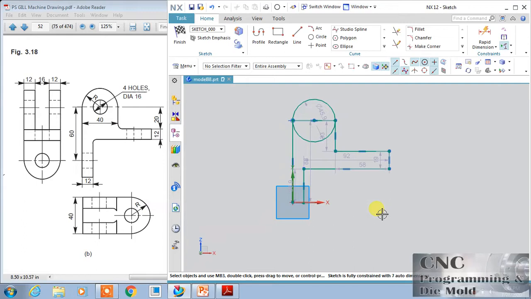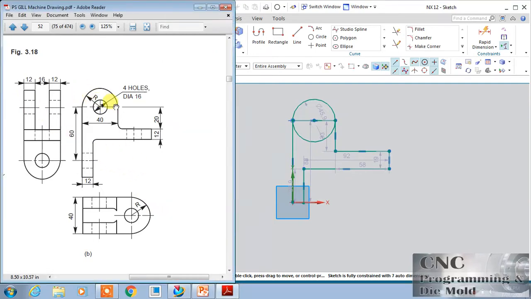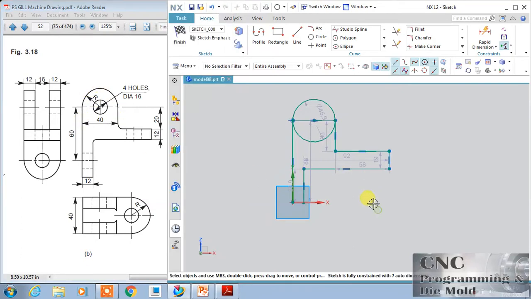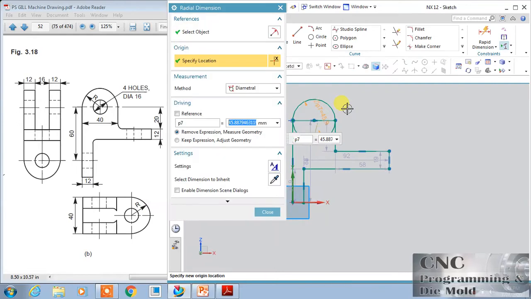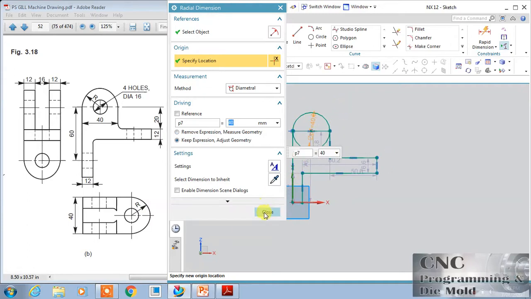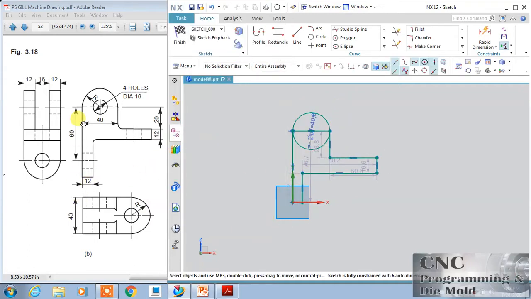Now this time I will dimension the radius of this portion. All the radii are the same. You can see that 40 is the diameter and 20 is the radius. So double click this and change this diameter to 40, and here we have 60 plus 20, 100.